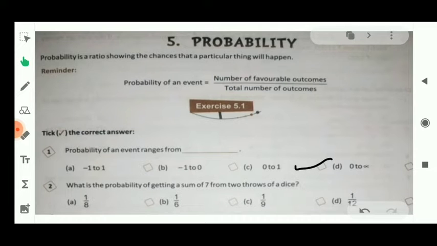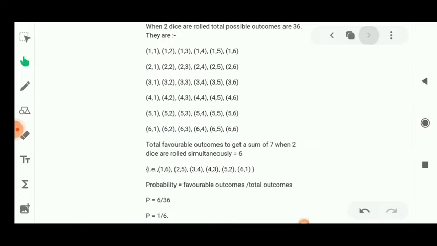Let's see the question number 2. The question number 2 is, what is the probability of getting a sum of 7 from 2 throws of a dice? Students, let's see the solution. As you know about the dice, all students know about Ludo, and in Ludo there is a dice. So if we throw 2 dice,